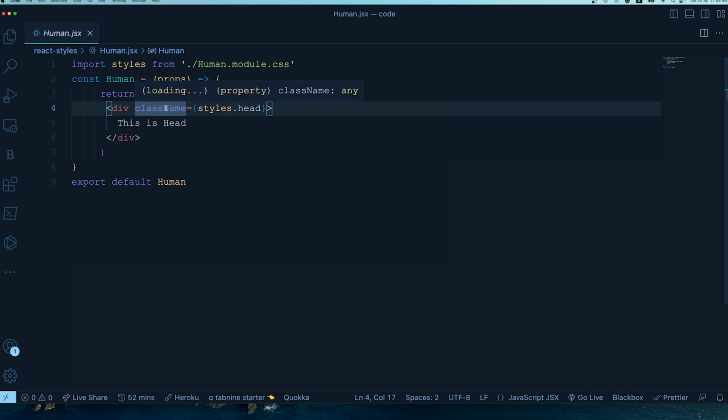But the problem with this one is that, as it generates these unique class names, sometimes you really cannot map those names to the actual styles, right? And you also have some kind of learning curve in setting it up in an environment where it is not supported organically. So this is about CSS modules.